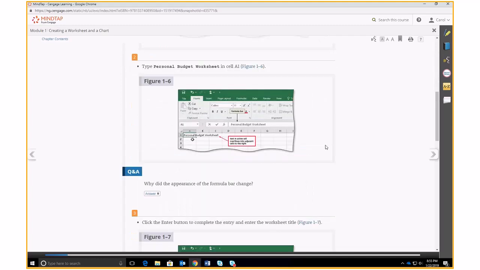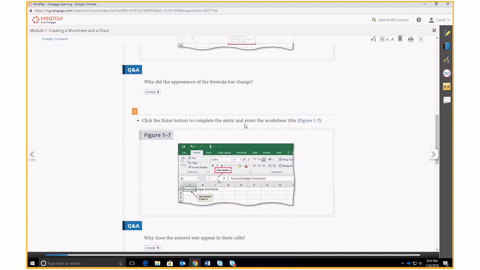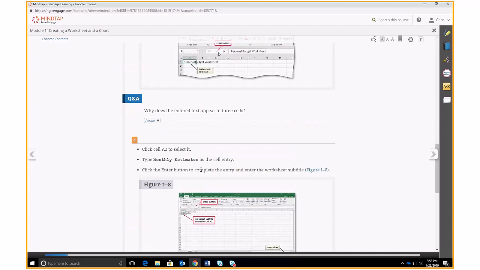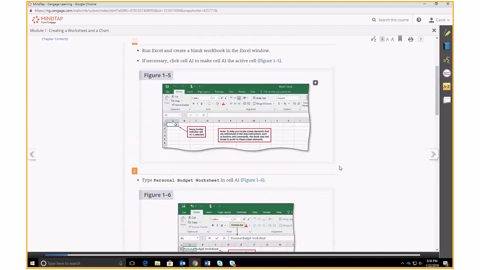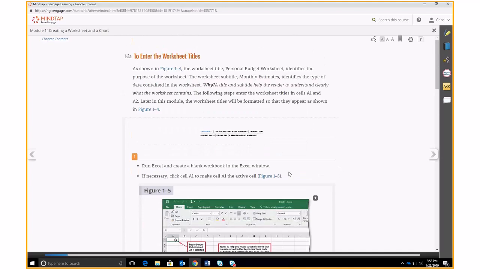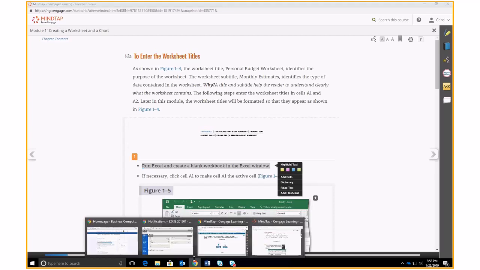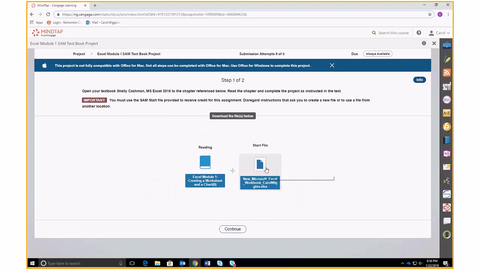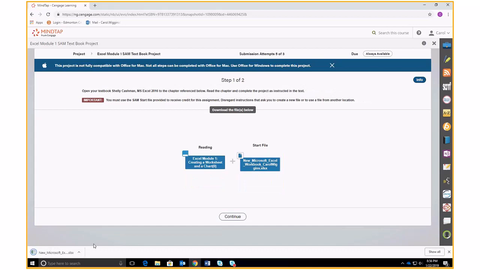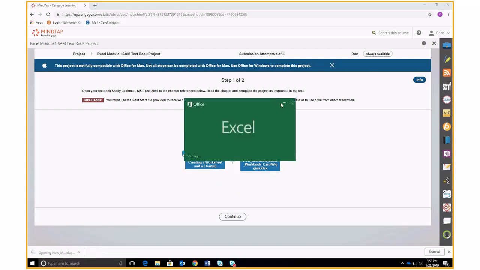These are the questions that make up the textbook project. So it literally comes straight from within the textbook. Now the only difference is here it says the first step, run Excel and create a blank workbook. This is where you are going to actually go into here and use this download, this start file. This start file is a blank workbook,